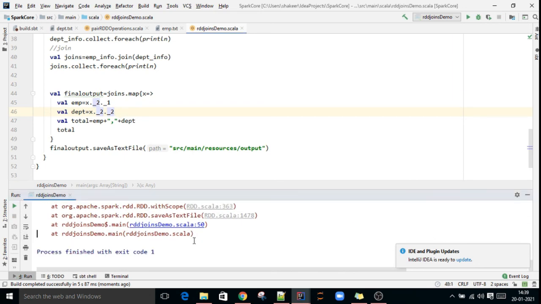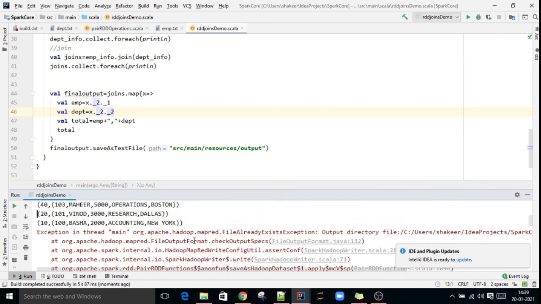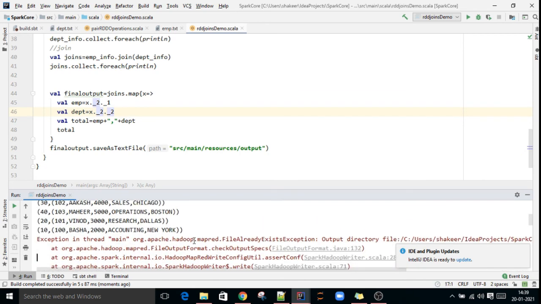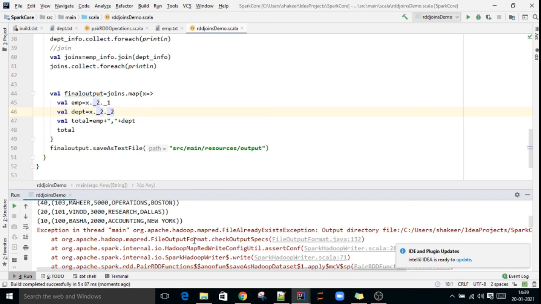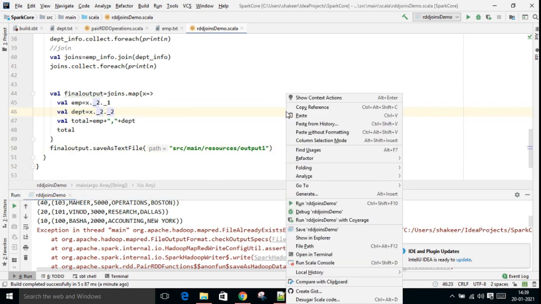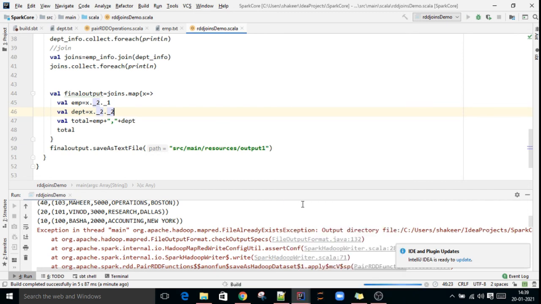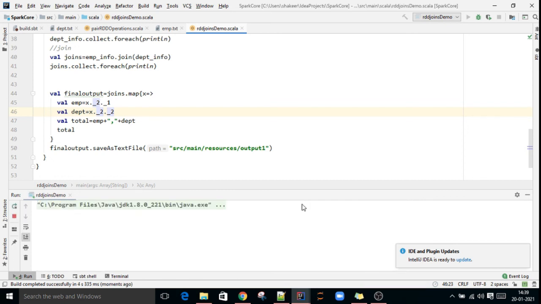So what happened? Some error. File already exists, so the output file is already there.